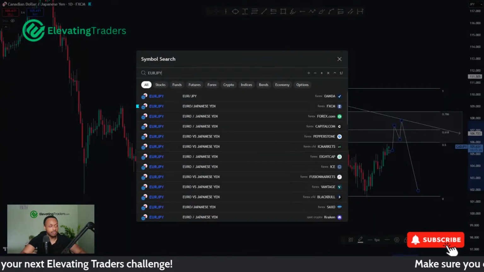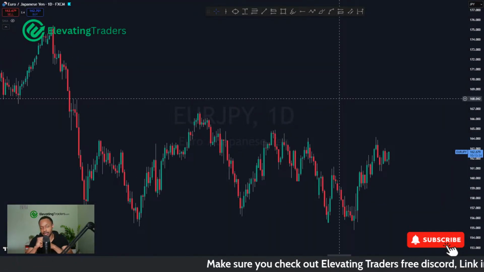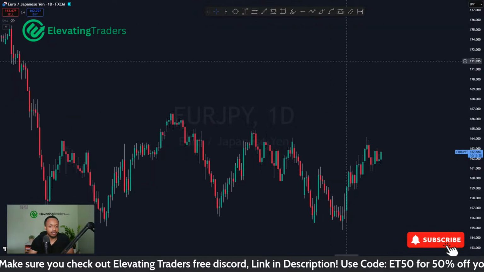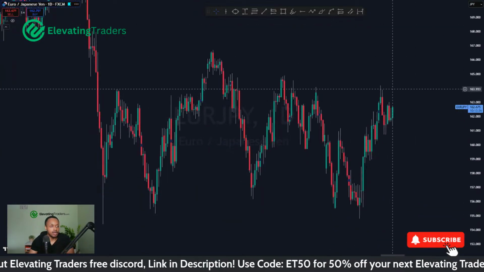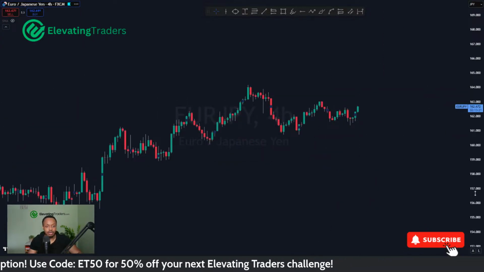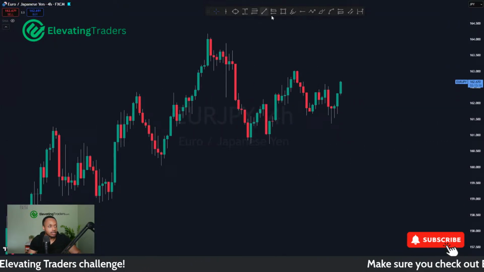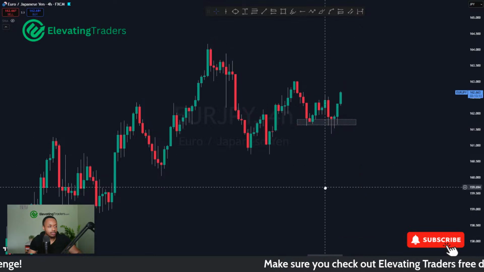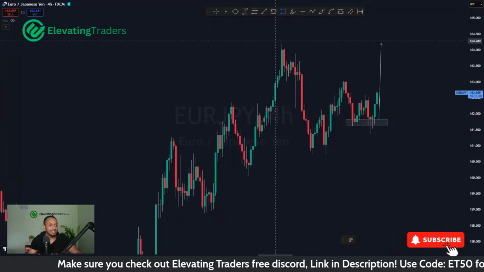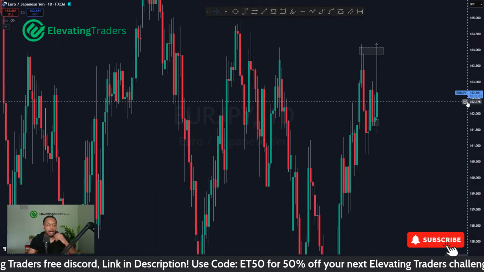And of course, you've got your lovely euro yen, which is what I was saying last week. I did decide to close this trade a little bit early because I was anticipating some weakness for the yen to come in, which looks like it's been a good decision so far. We did come into a nice level. We did see a healthy rejection, but judging the yen, it didn't look like yen was quite ready to see the strength that I'm looking for. And it's looking like we're finding support here as well in the 4-hour chart. I wonder if we'll now push to the upside here, possibly back into resistance there too. So it looks like euro yen might see another push to the upside as well.